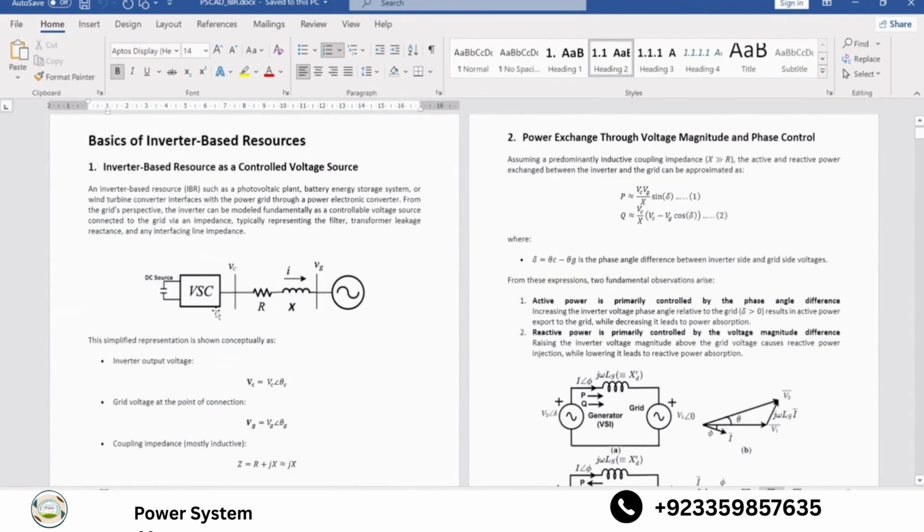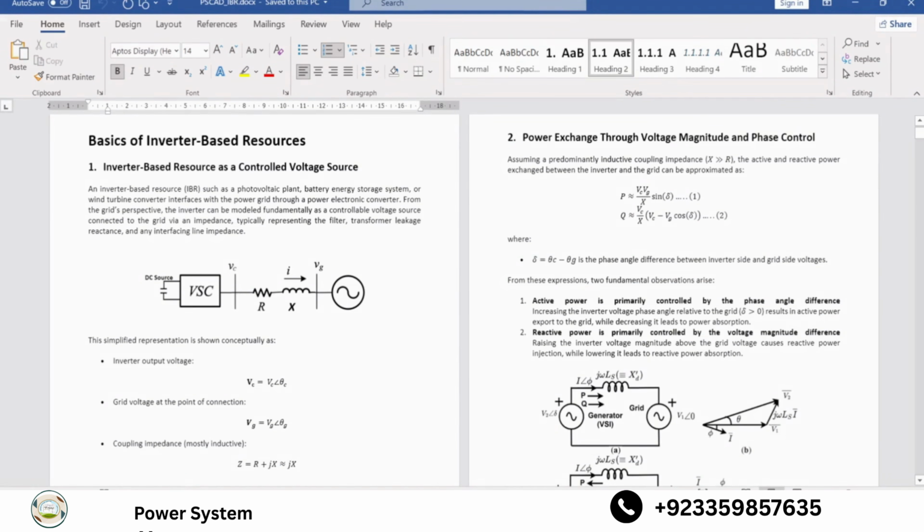For example, in a synchronous machine, if I want to change real power, what we do is we increase power to the prime mover. I mean, we open valve gates or anything. And if I want to control the reactive power of a synchronous machine, then what I do is I change the excitation of that machine. So in a synchronous machine, we have very well-defined independent P and Q control, but in inverter-based resources,